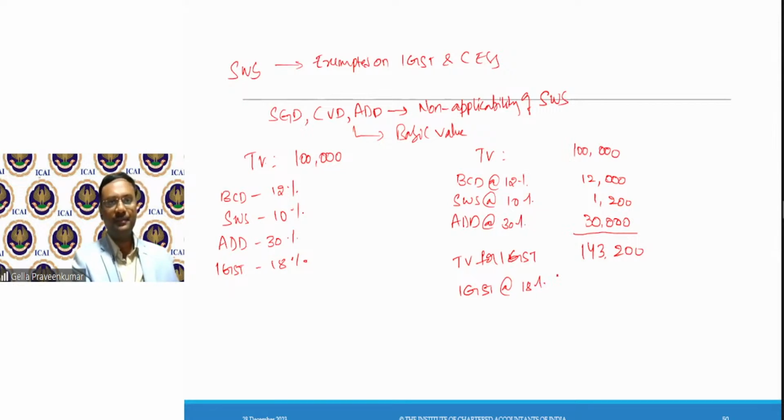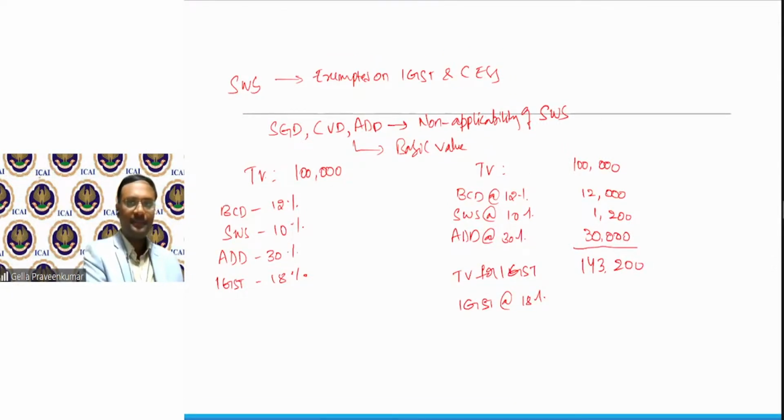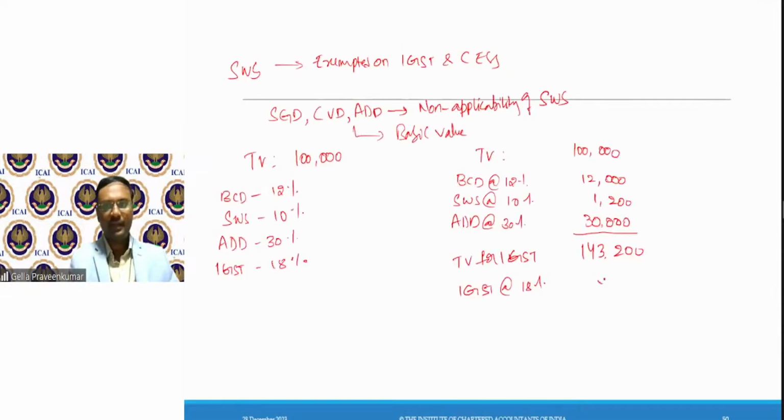What I will do, I'll add 1,43,200 into 0.18, which is 25,776. Add together: 1,68,976.